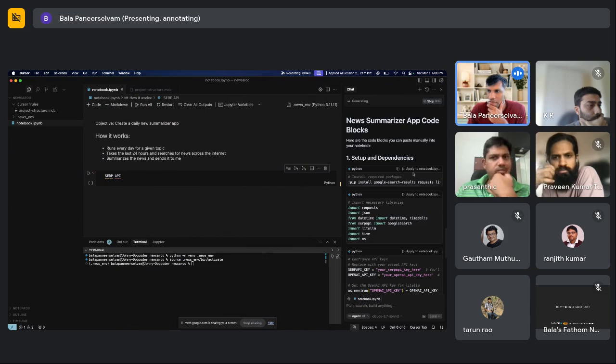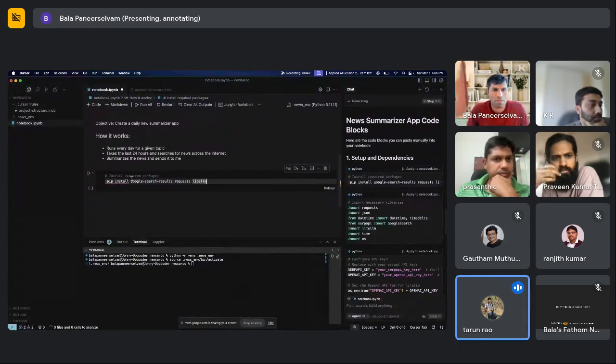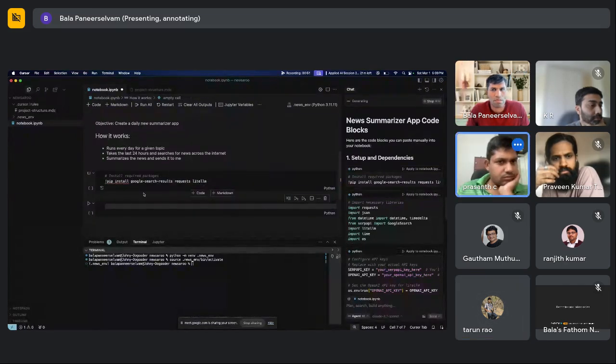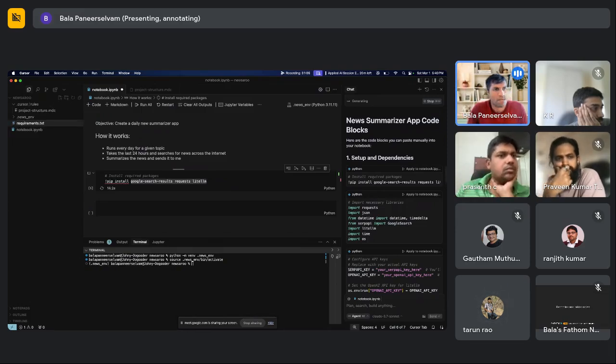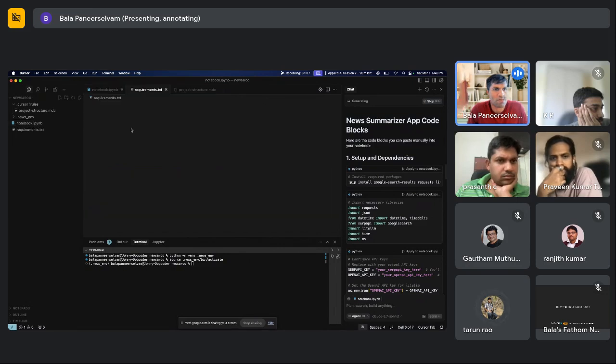Okay, so we have all of this. Just copy, paste it. So we'll install all the packages. All the packages that we install for a given project, it makes sense for us to store in a requirements.txt. So requirements.txt. So here we